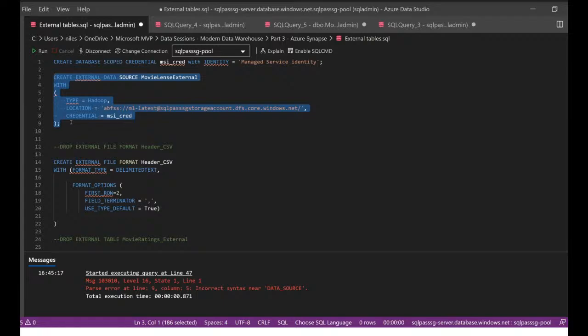It's sitting in the storage account, but we want to refer to that data. In this case, I'm creating a type of Hadoop external data source. I want to name it MovieLens external, and the location for that is my ML latest file system and the root level of that. And I'm using a managed service identity to connect to this external data source.